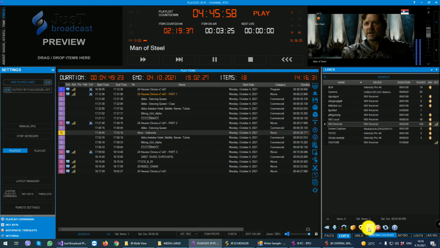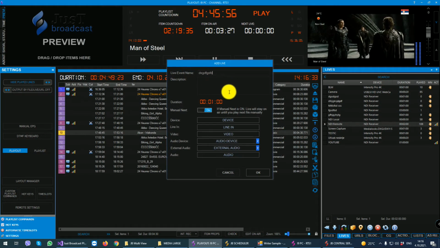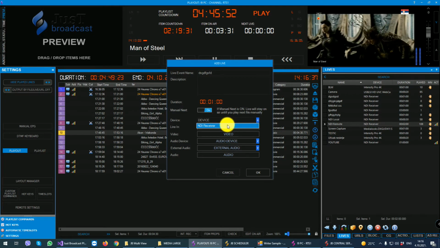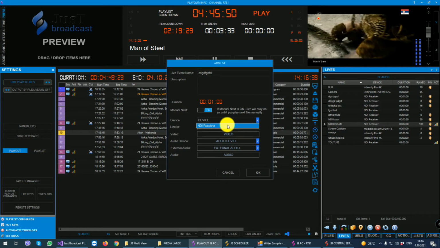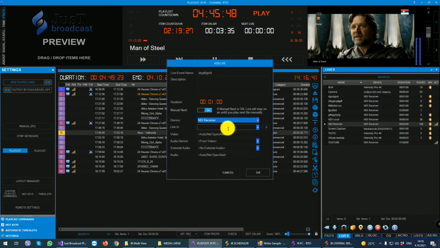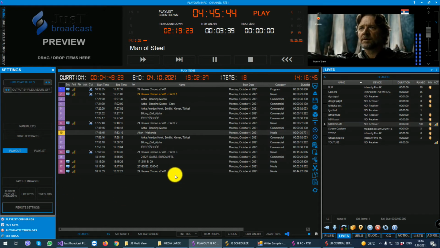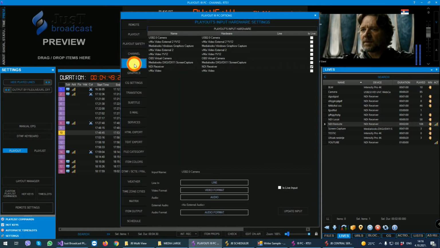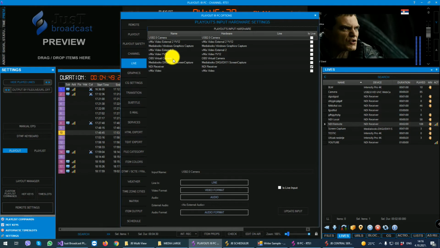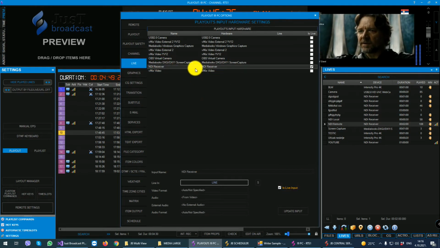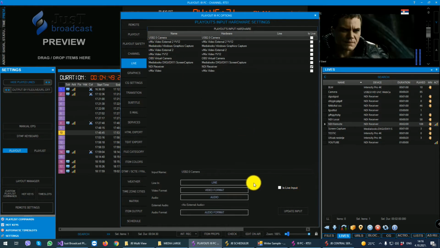To add live, press add new live event, type name, duration, manual next, and then you can select here device you are already set to be your input device, and it will get all the data. And to set live input, you go to settings, live, and then you select what will be your live input. In my case it's only NDI, but if you want something else, for example this camera, you can set it